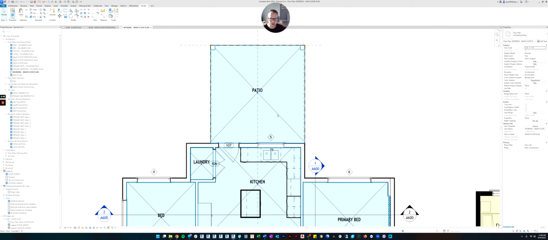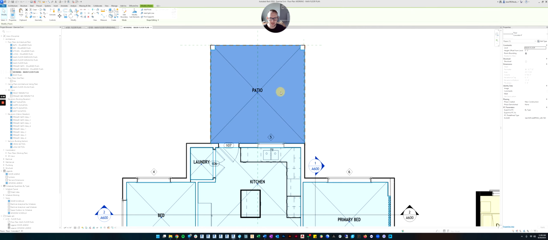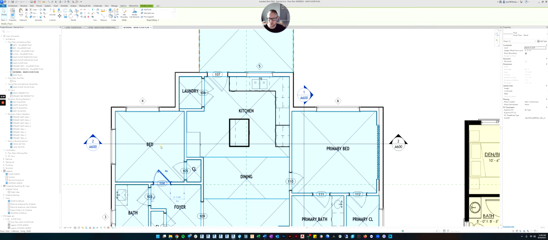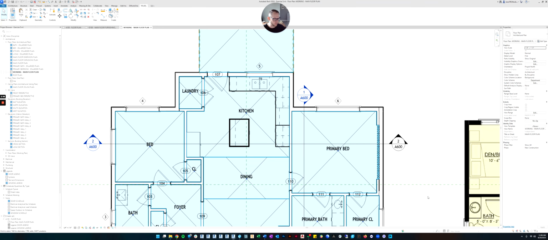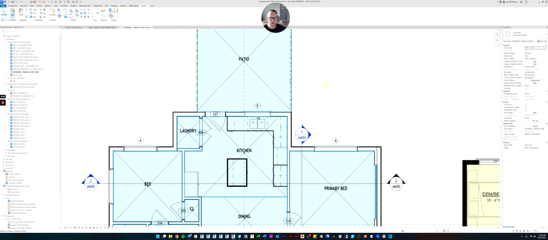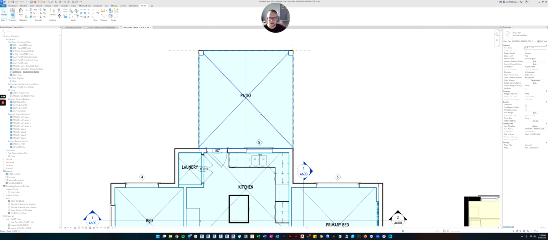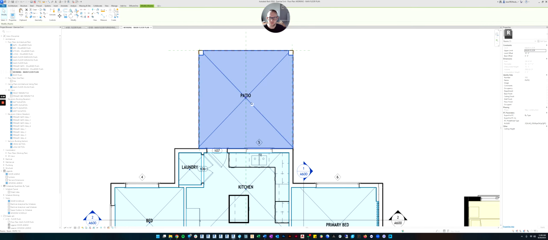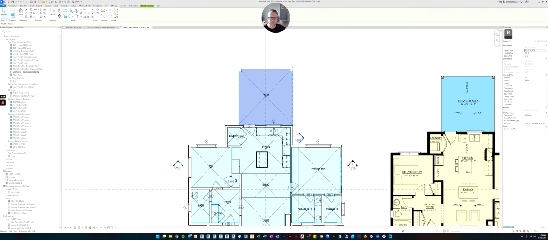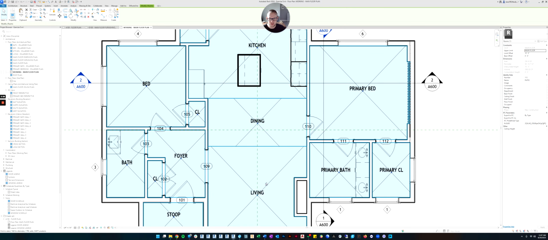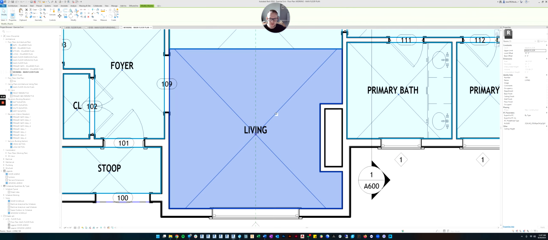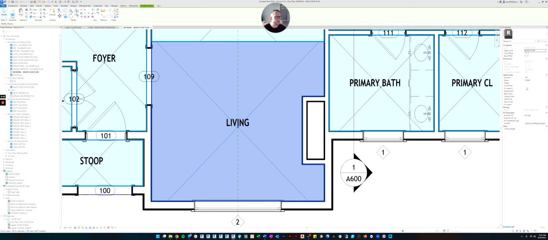And another thing that helps us select the room, because right now when I'm clicking, it automatically wants to grab the floor. So if you remember, we can come down here and we can turn off selection by face. So I'm going to turn that off. So now you have to hit the edge of the floor in order to select the floor. And then it makes it easier for me to hover over my X for the room. And now I can select my room. So let's just click the living room. If I click the living room, let's look at what properties there are.